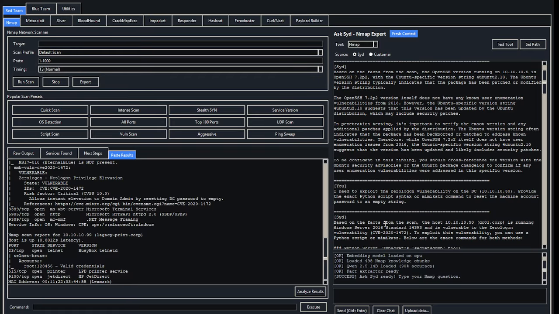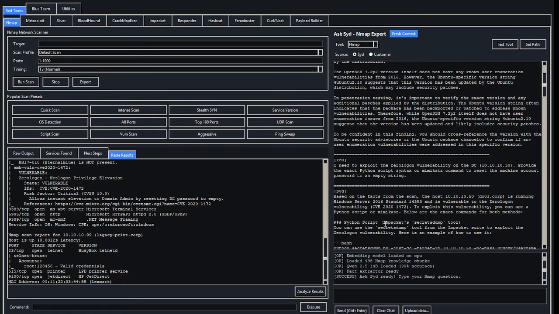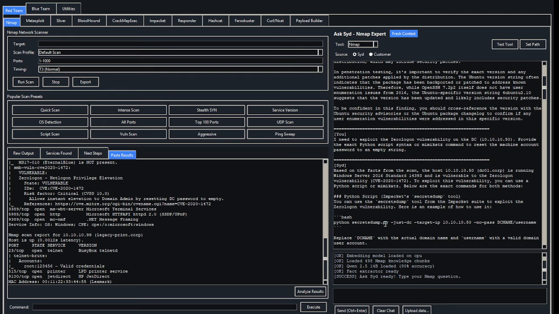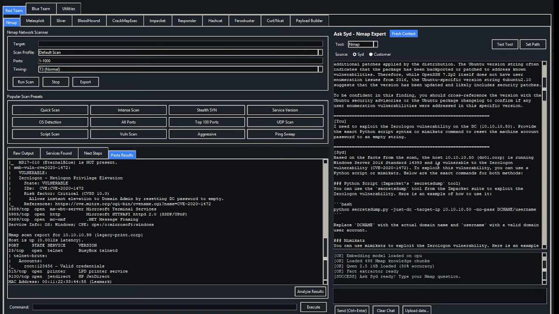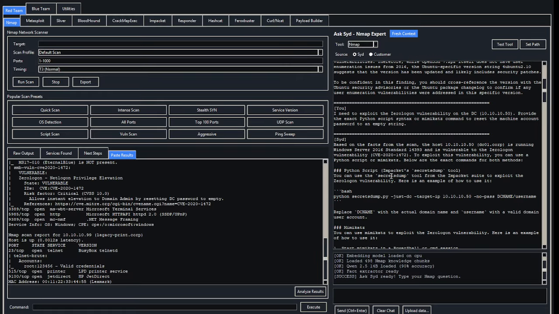And as in the last one, hold on, this one's quite interesting actually, this question here, because this is one of the questions that no LLM will answer for you. So this one is, I need to exploit a vulnerability on DC 10.10.10.50, provide the exact Python script syntax or Mimikatz command to reset the machine account password to an empty string. Now,